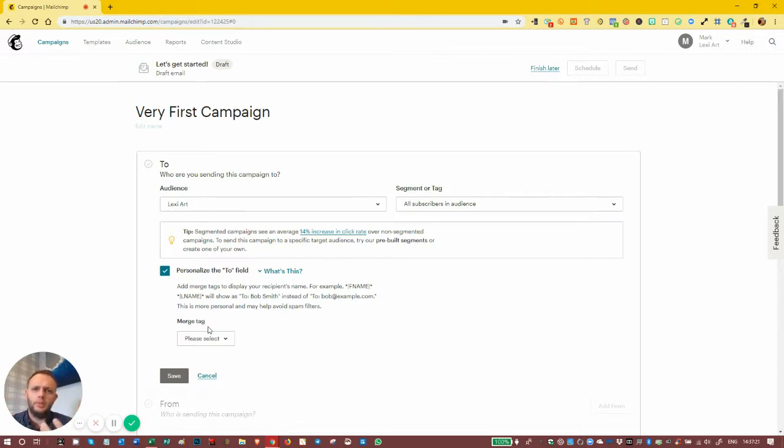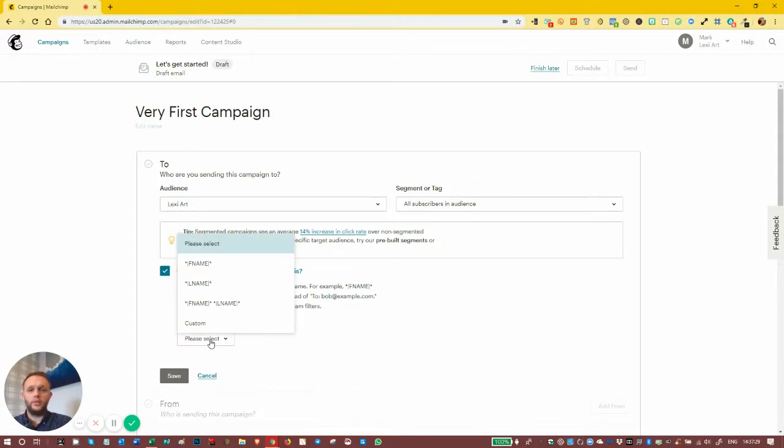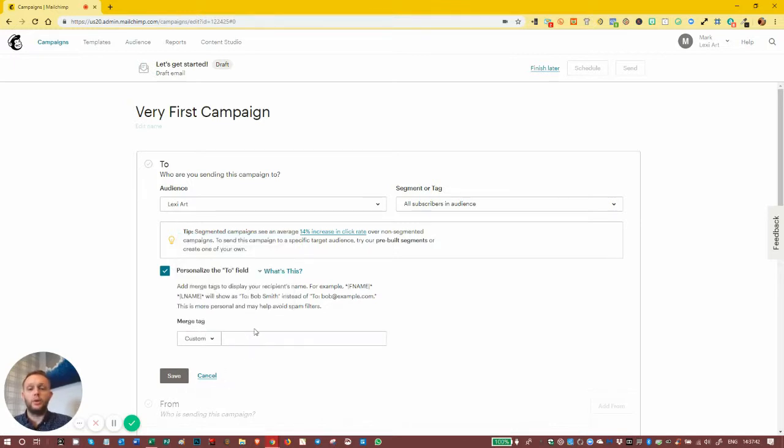But it does sort of show how you can use that. So basically, when we click on the personalized to field, we can pick the first name merge tag that we require. So we've got first name, last name, or we can have it where it replaces both the first name and the last name, or we can actually make a custom one up as well. So, for example, if we did websites, the merge tag would be